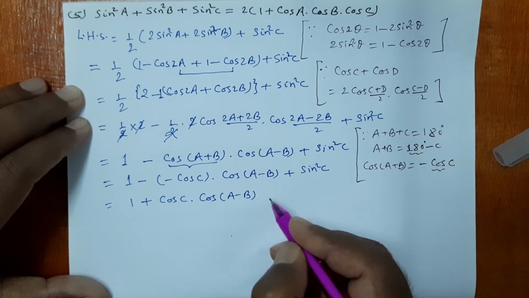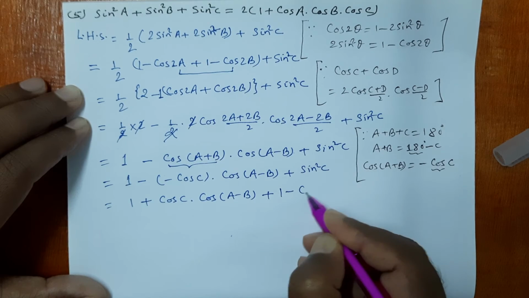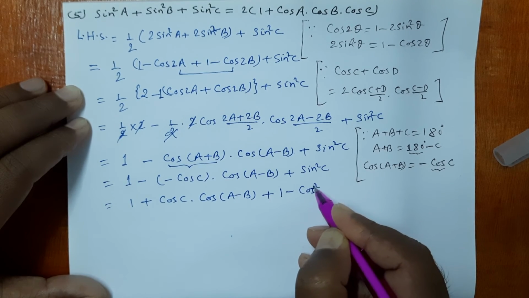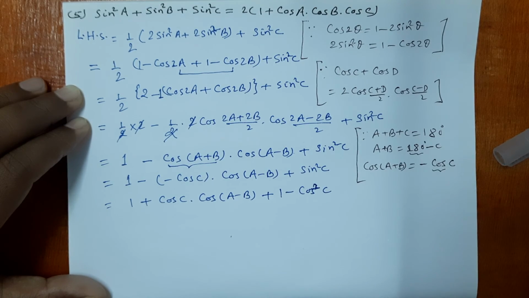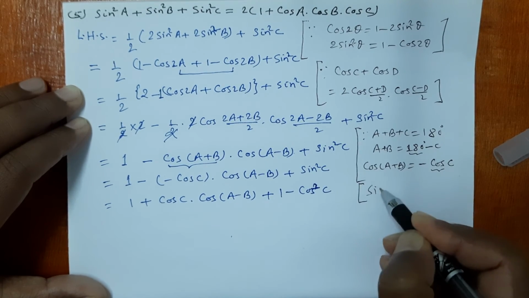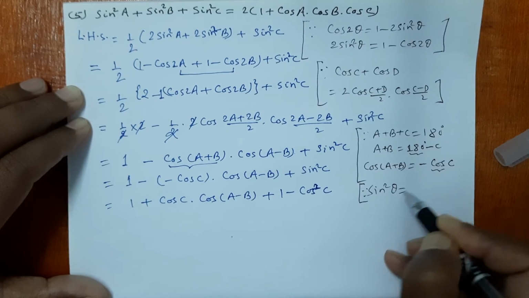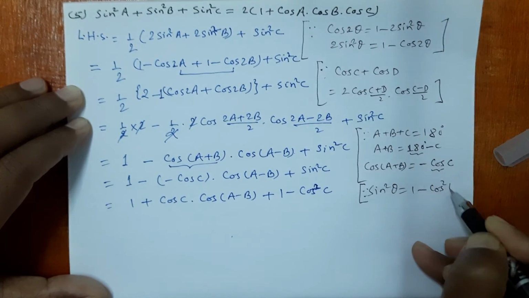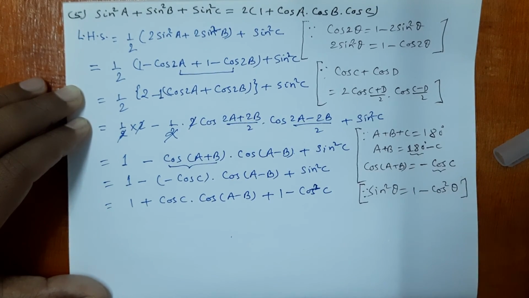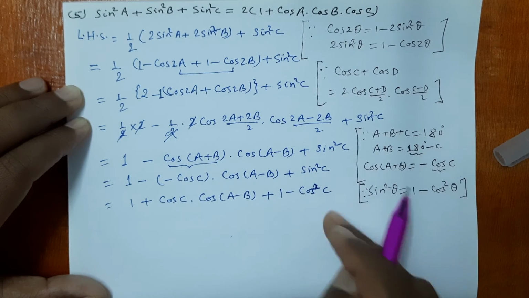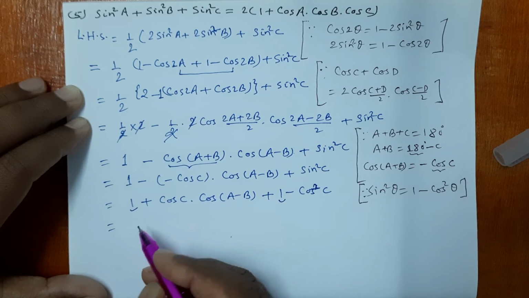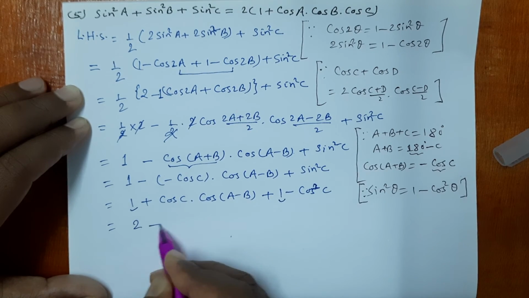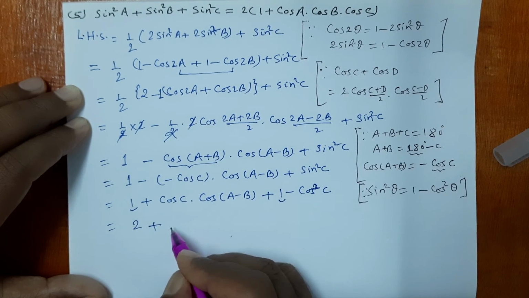The sine square C formula you know, that is 1 minus cos square C. Okay, because you know the formula sine square theta equals 1 minus cos square theta. Using that formula we can write sine square C equals 1 minus cos square C, and now 1 and 1 when added become 2, plus from these two cos C is common,